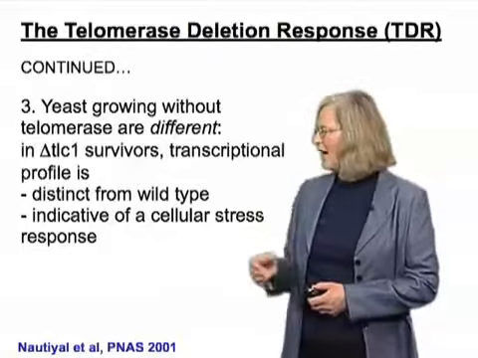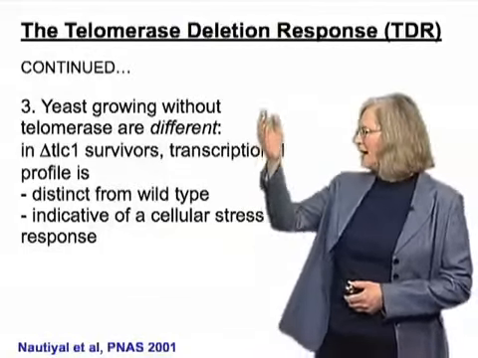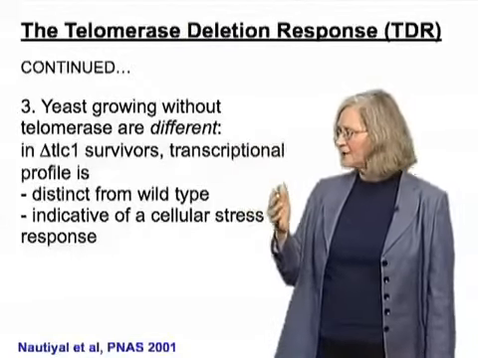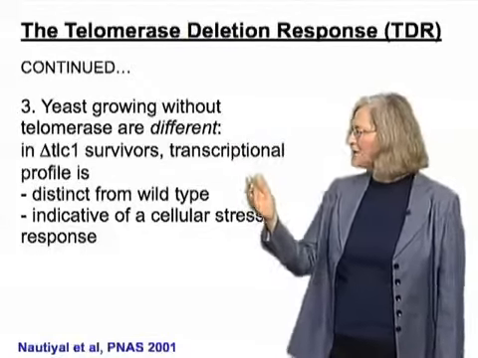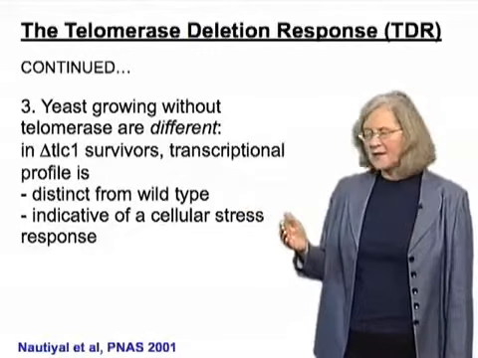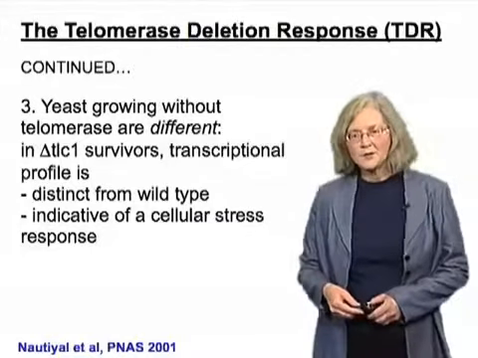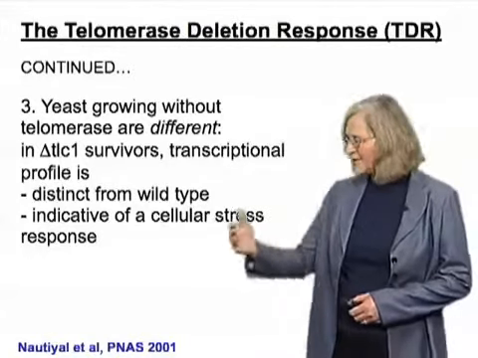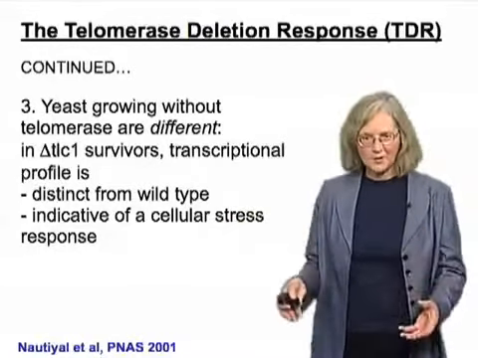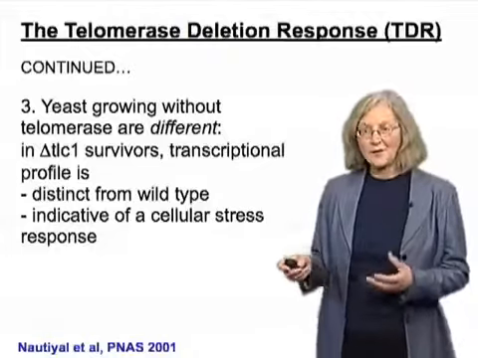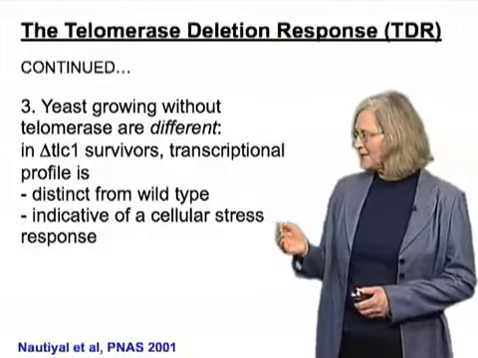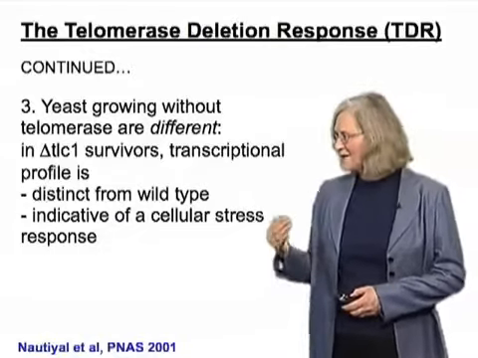Now, the survivors were fascinating because even though I showed you they appeared to grow quite well, they had a gene expression transcriptional profile which was distinct from the wild-type cells. And what persisted was a subset of the environmental stress response genes that stayed on. So what's interesting is that those cells, which appear to be growing well on the surface, are stoics. They're really hurting. Their physiology is different, and they sense themselves as being under what they sense as a cellular